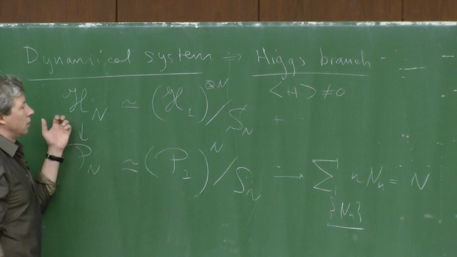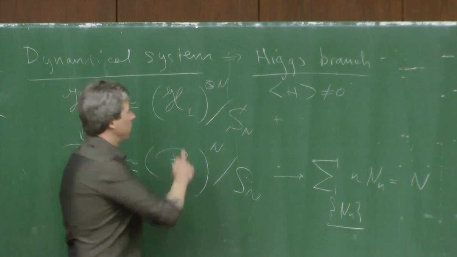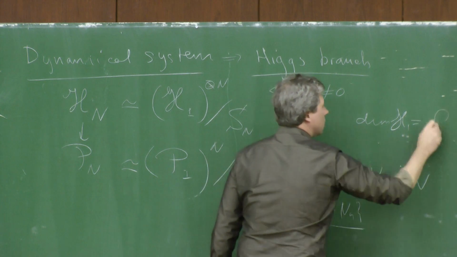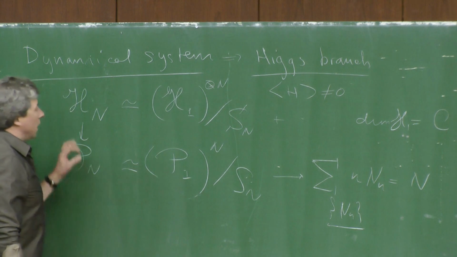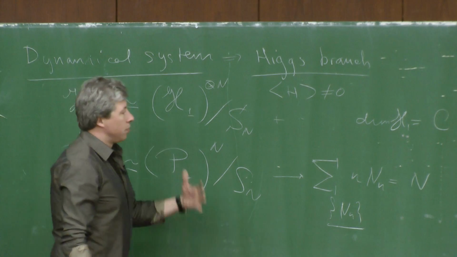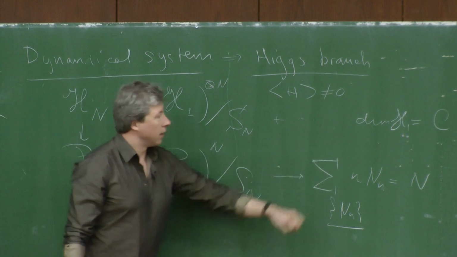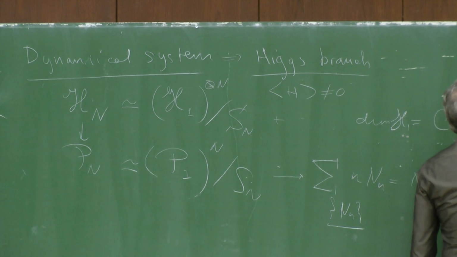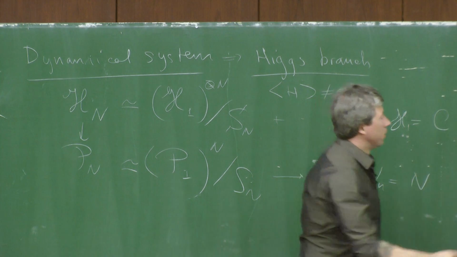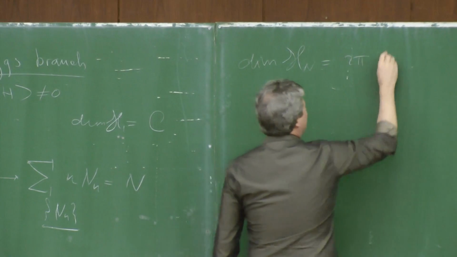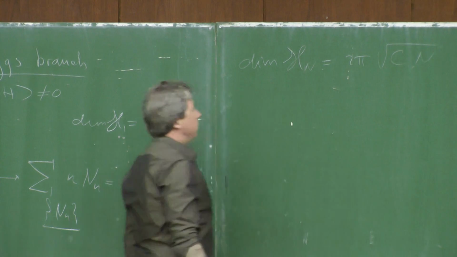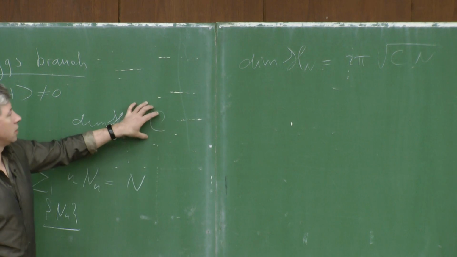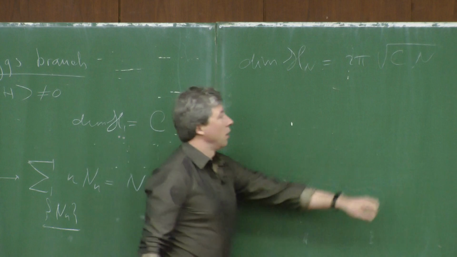If you then look at the dimensionality of this Hilbert space, if I know the dimensionality of the single Hilbert space, which I call C, then the dimension of this Hilbert space can be calculated just by combinatorics. And this is what I described last time. The dimensionality of the big Hilbert space, which is related to the entropy, is then written roughly, I'm not going to put in too much detail here, like a Cardy formula, where you think about C really as the central charge and N more like L naught.